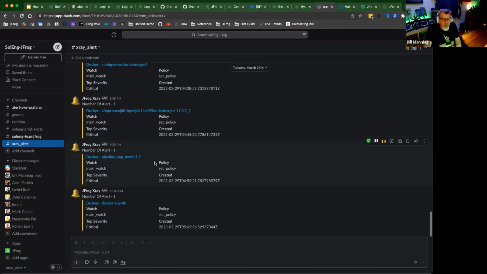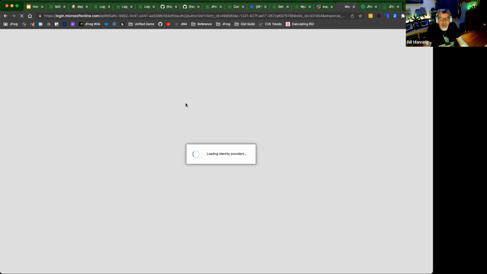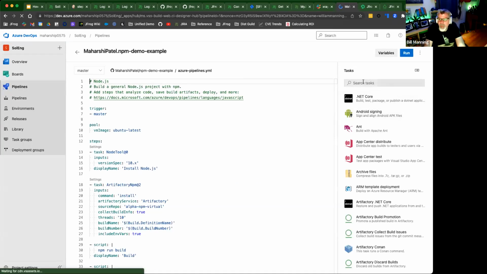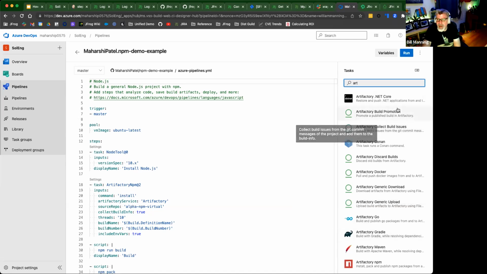Are there new threats and vulnerabilities happening, right? In this case, I can click here and go to the actual demo instance I want, or look at another one. So this is direct integration. And as I stated, you can be using any other CI tool. In this case, I have another build where I'm using something like Azure DevOps, which is taking a second to load. But we even have built-in plugins for other products like that, where I can show you that we have Artifactory, Xray, everything built in to evaluate binaries at any point in time while you're doing